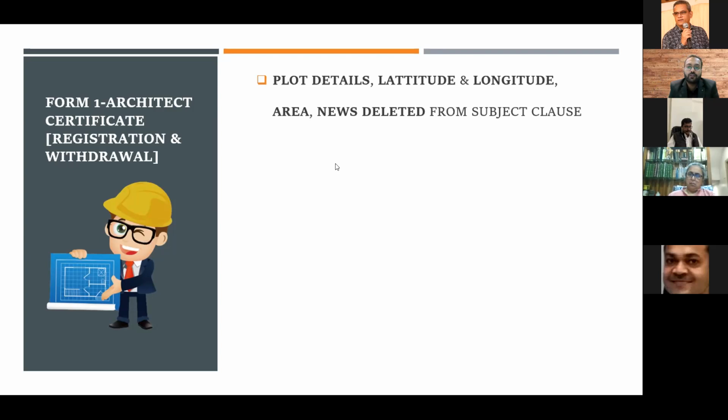So what will be the basis for GPS coordinates? How will MahaRERA know these GPS coordinates? So again, we have to take these GPS coordinates from the architect, but this stands deleted in his certificate. He is not required, and the subject clause has been amended. There, he just has to mention that this is the certificate of percentage completion for the project number. If it is registered, then he has to mention the number. If it is not registered, then he can mention that registration is under process. But this subject clause is completely modified.